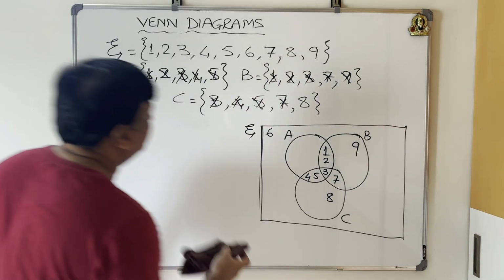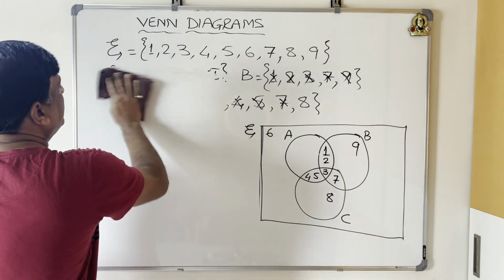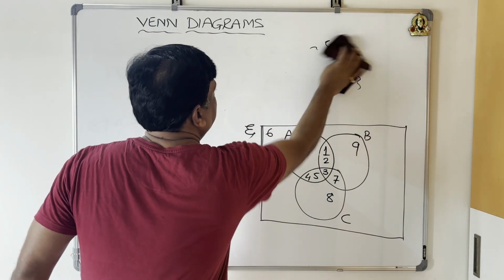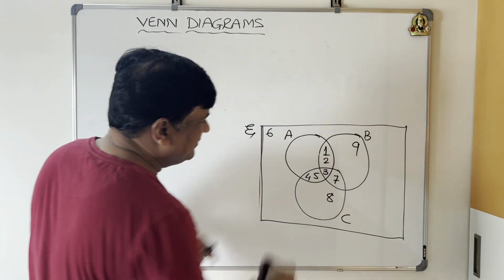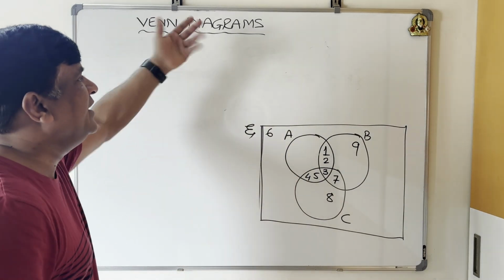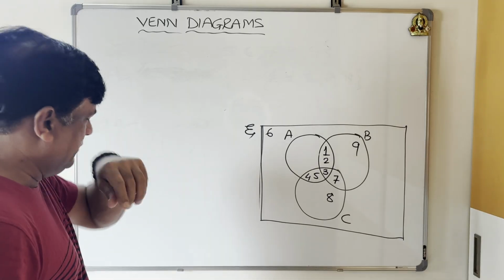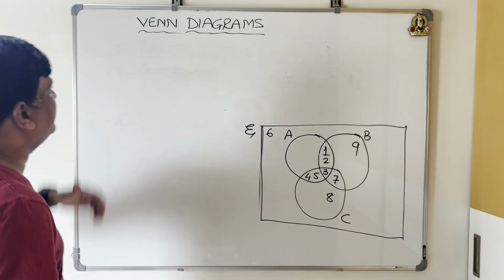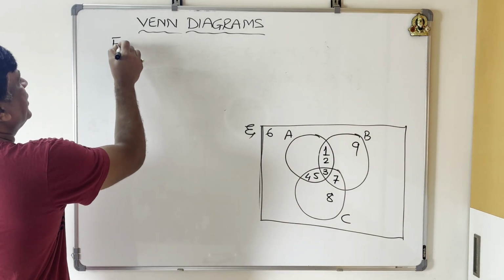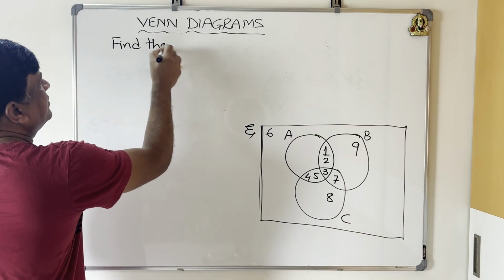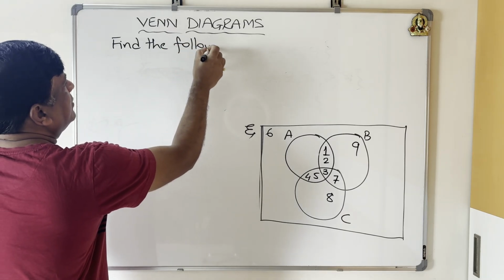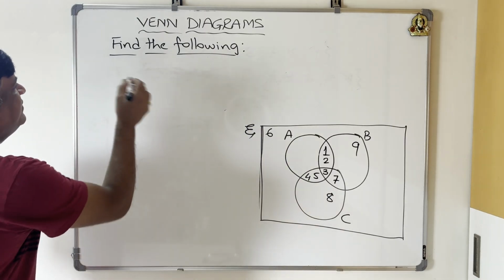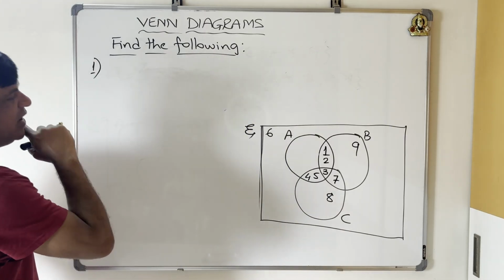Now I don't need this information because I have taken care of plotting it. In Venn diagrams, they will give you this diagram and they will ask you to start finding out values. For example, let's get started. Find the following. Okay, right? Now first one, say I want to find